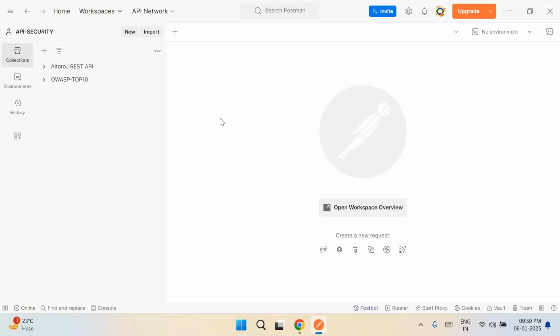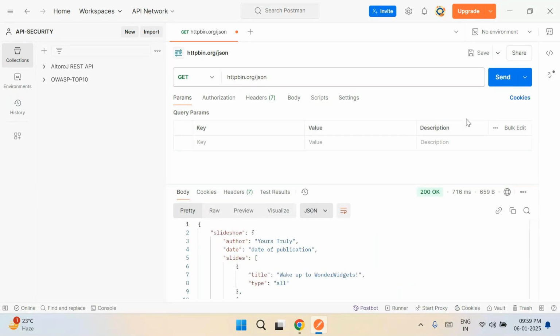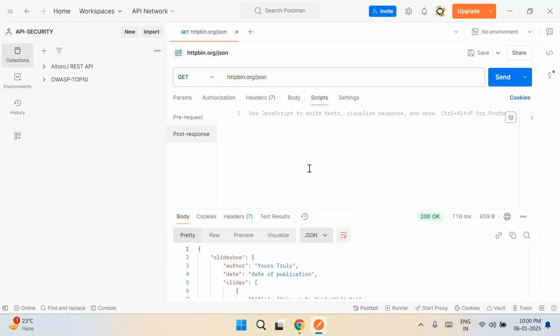Yeah, so I'll answer your question. This is the interface of the Postman tool, and this is a small sample API I'm typing here. What Postman has done is develop an integrated Postbot, which is like a ChatGPT kind of thing. Here I have an option to generate the code. Let's say I write a test for the status code. That's it, and the code comes automatically. See, the code came automatically.